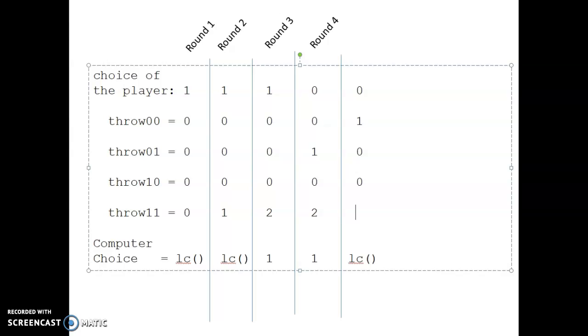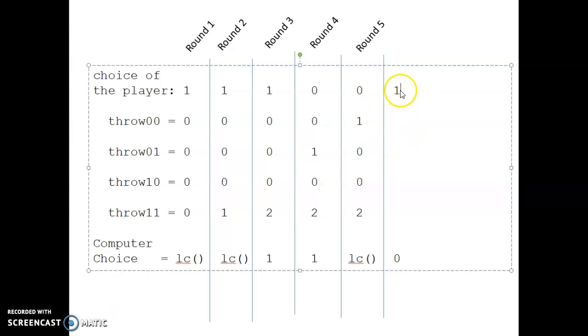And now I have a 0 choice, that means between this and these guys, and this one is the one that is leading. So the computer will choose as its next move 0. Now the game is becoming complicated for the player because the computer has some knowledge about the player already. So if the player chooses 1 here,